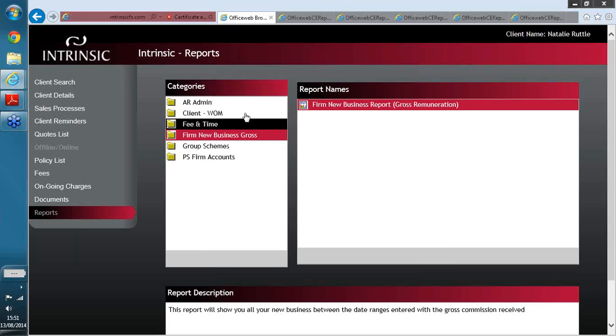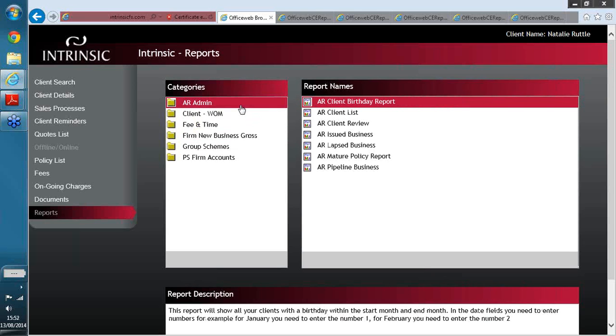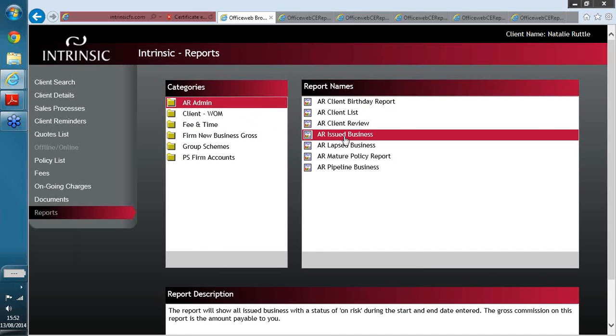One of the other reports that you've got in here in the AR admin folder is the AR issued business report, and basically this will show you all the policies that have gone on risk between the start date and end date that you enter. So again, it's a good way of having a look to see what policies have gone on risk. You've also